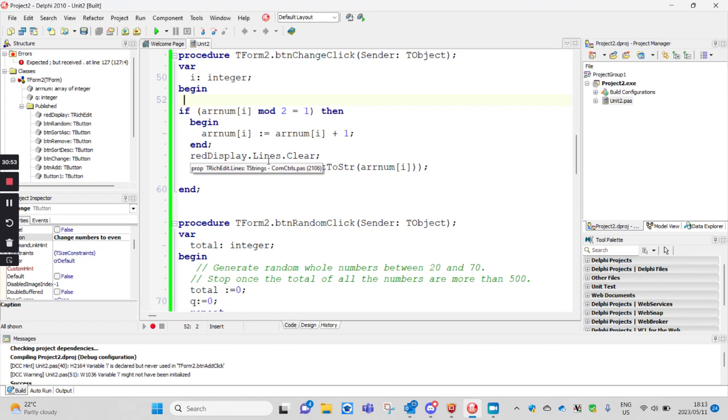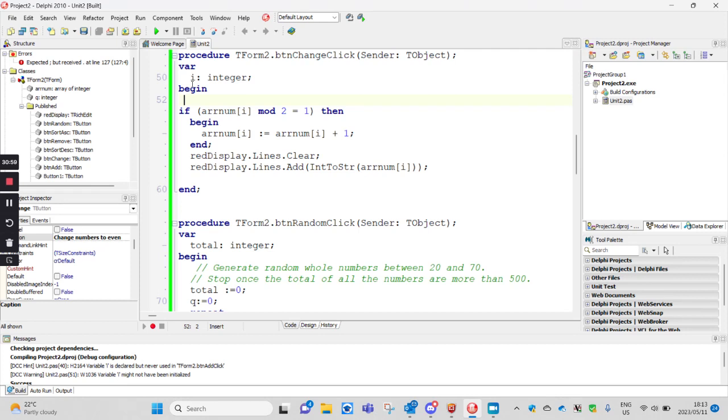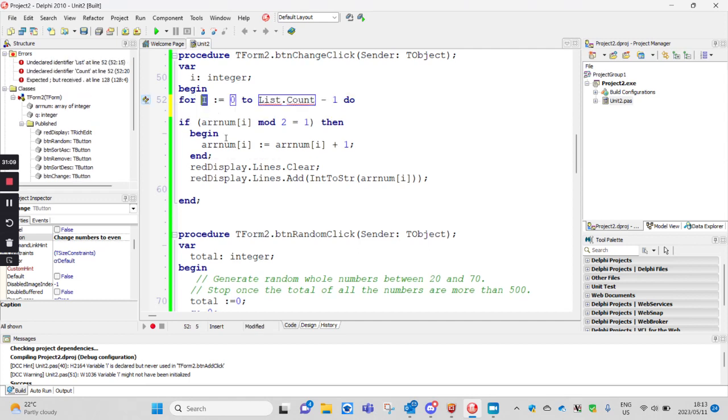Yes, because do you agree? The question said change numbers to even. So we want to change all the numbers. And once you answer that question, yes, I want to go through all the numbers. What does that mean? What do I need? Yes, for loop. So from 0 until q,